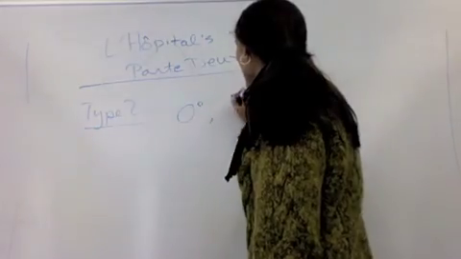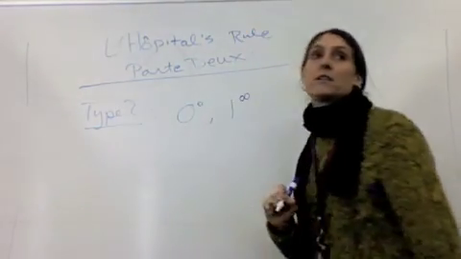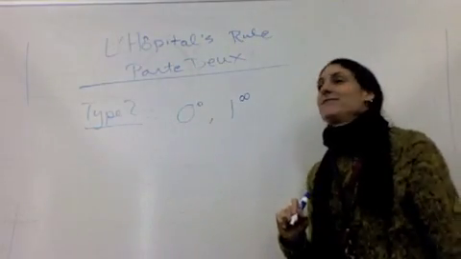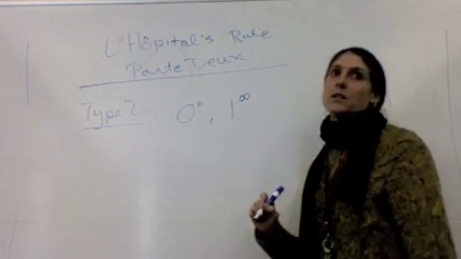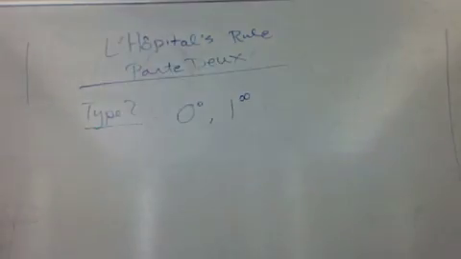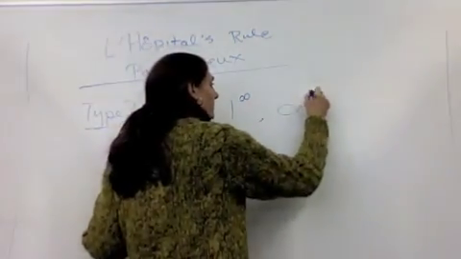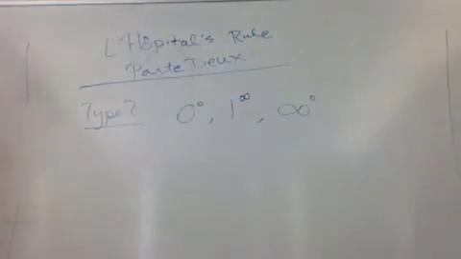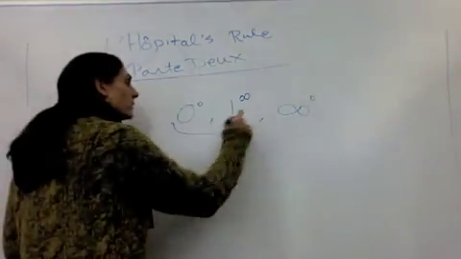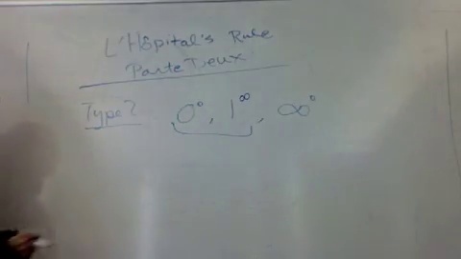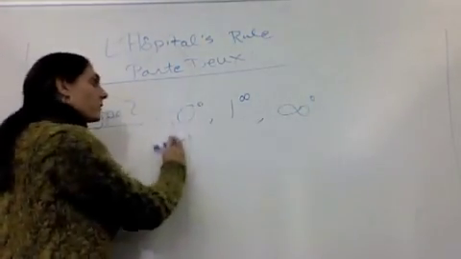What about 1 to the infinity? Is that 1? Indeterminate. And which other ones are there? Infinity to the 0. We're going to deal with these 3. So, for all these,